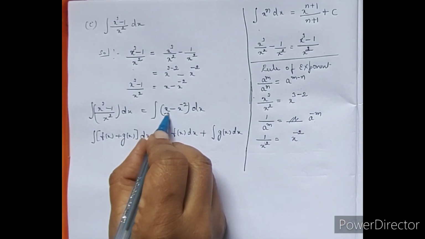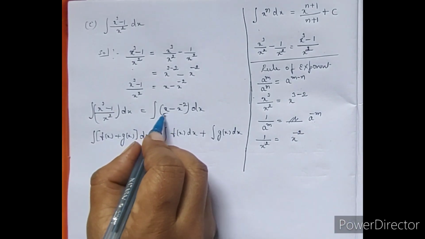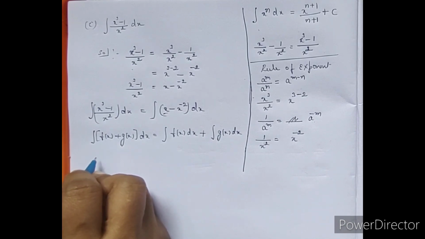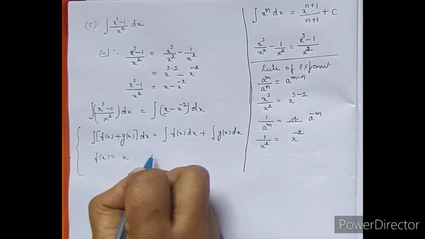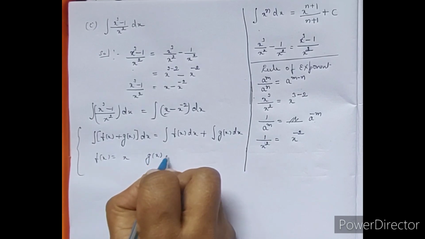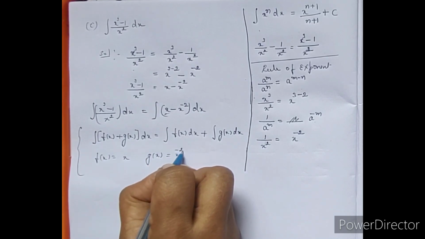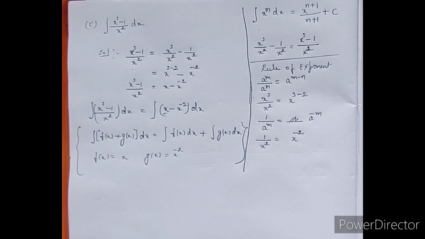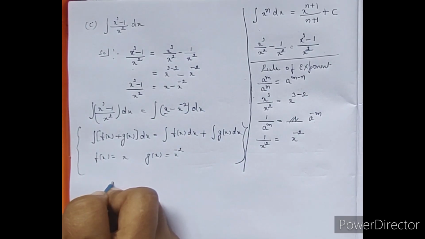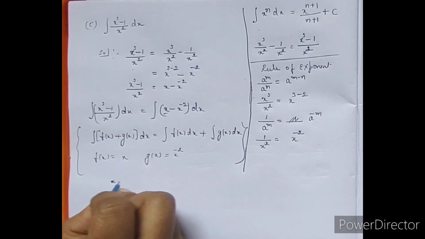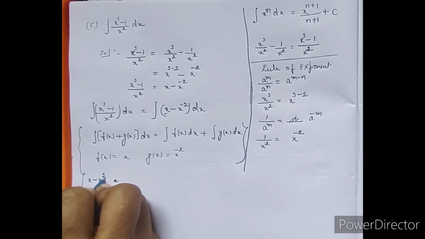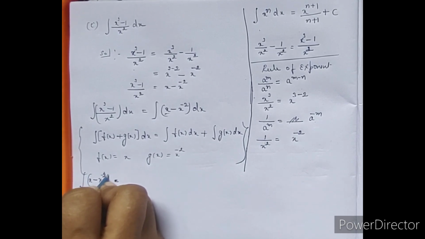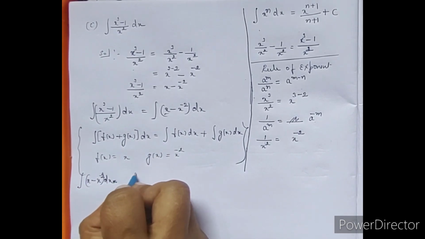Therefore when you compare it, in the place of f of x you are having x, and in the place of g of x you are having x to the power of minus 2. So instead of plus you are having minus, that's the difference. So when you apply the formula, integration of x minus x to the power of minus 2 dx can be written as integration of f